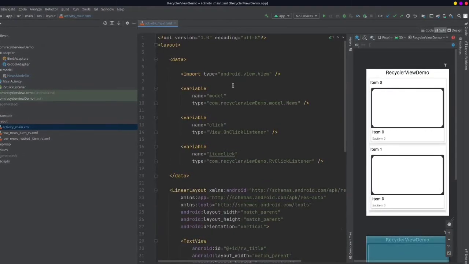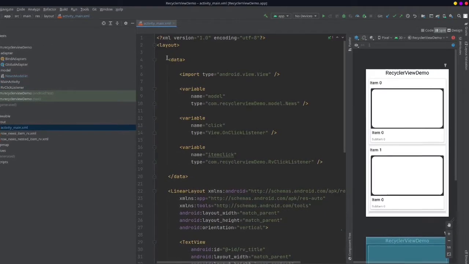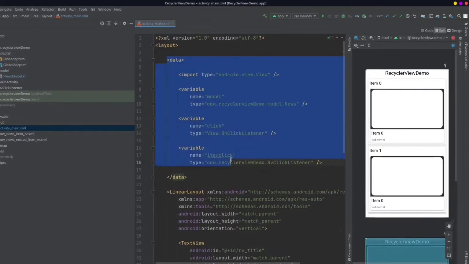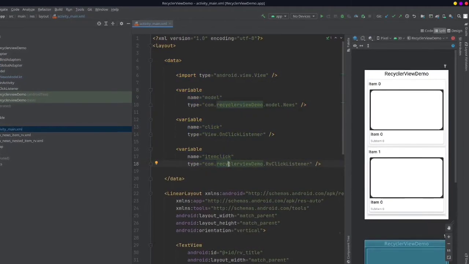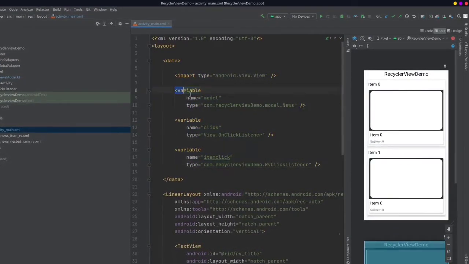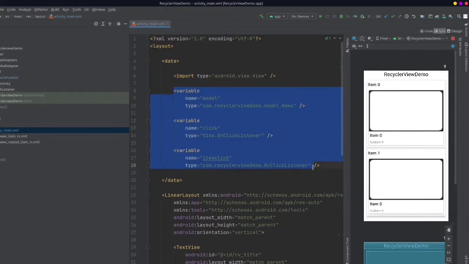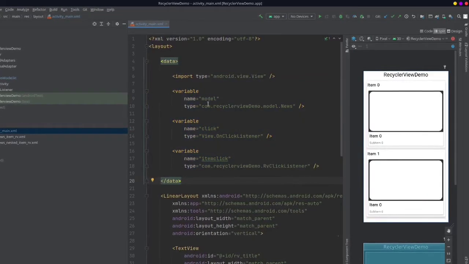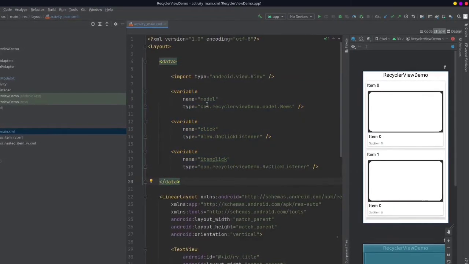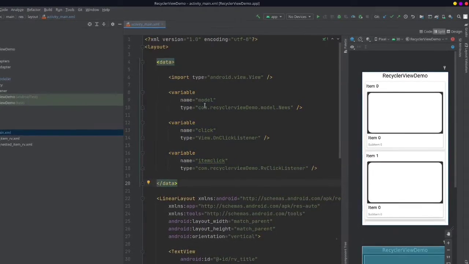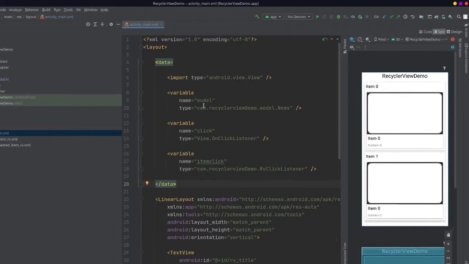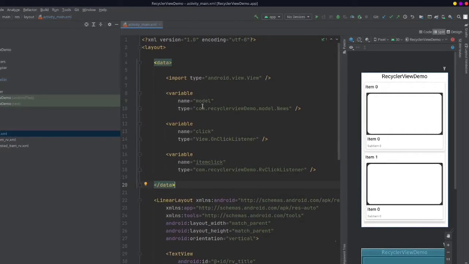Okay, so starting from the top, we have imported our Android view and then we have three variables. These variables are the key point here. If you want to change the names of these variables, it would be a little difficult because I'm actually using these names as global names.